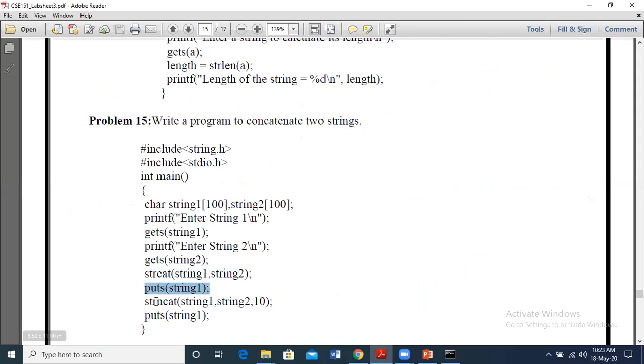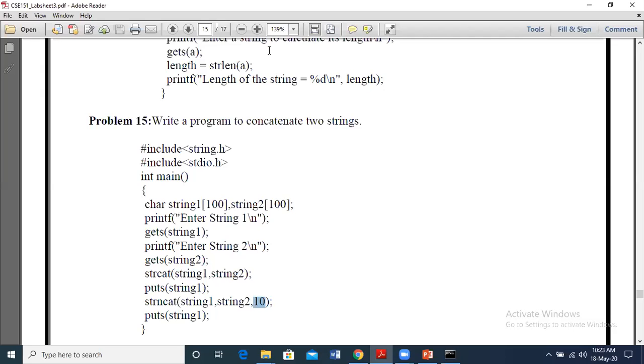And in the same program, we are seeing the usage of strncat also. The only variation is we have n mentioned, the number of letters of string 2 to be concatenated, right? So here, if we take an example, this is taken as 10. It is not necessary that you always take 10. N can be given as any value. In this example, we have given 10. You may give 2, 5, 6, anything, depending on that value. So here we have given 10, so the first 10 letters of string 2 will be concatenated to string 1.